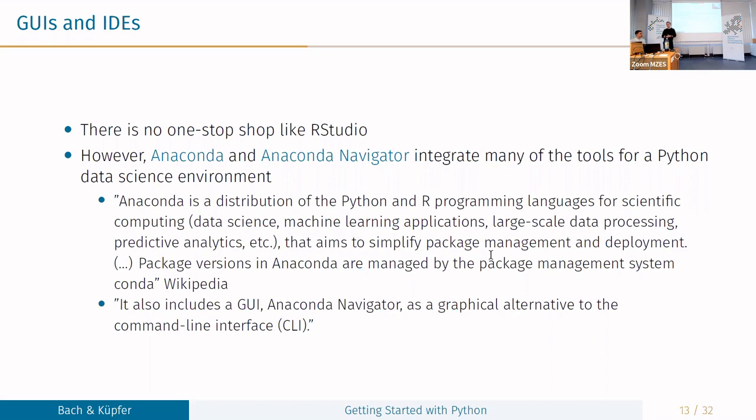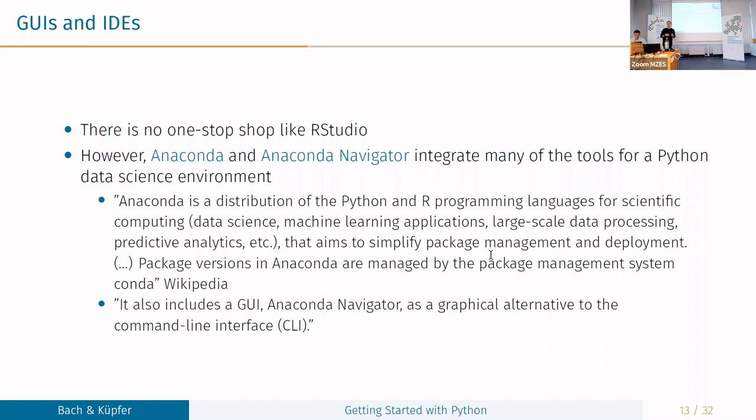And as I mentioned in the very beginning, there's no one-stop shop solution like RStudio. So we have a variety of options, like Google Colab, Jupyter Notebooks, Spyder, PyCharm, and a lot of other platforms. And now the question is, well, which one should we use? It depends on your personal preferences, which one makes sense for my needs, and so we will walk you through some of the ones that are the most popular and make the most sense in our opinion.